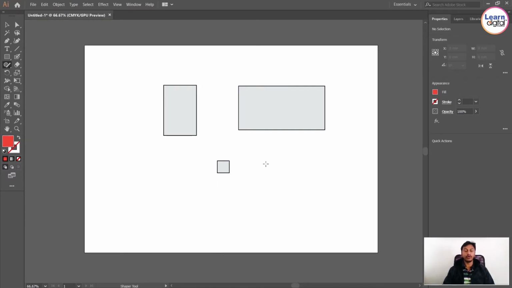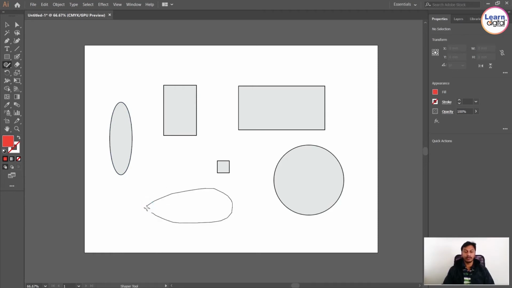Square, rectangle, you need not draw any shapes by hand, just use the shape tool. If you want to create a circle, just draw it like this, and you will get an ellipse or a circle. You just need to draw with the help of the shape tool.